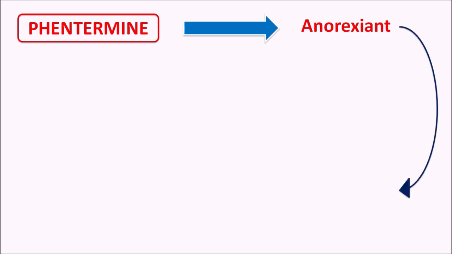What is this drug Fentermina? This drug is classified as anorexiant. These are the category of drugs which are going to reduce the appetite. That's why Fentermina is used in the treatment of exogenous obesity. So this is the obesity due to the excessive intake of food, where the enhanced appetite can be controlled by